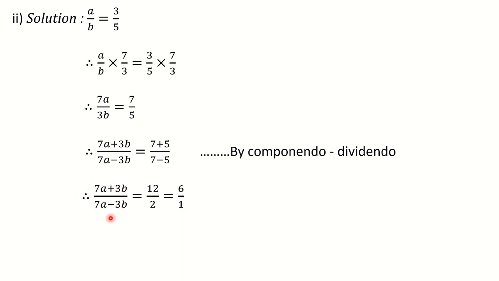But please see the question. Here it is exactly inverse. So we have to add one more extra step. That is what I was telling, that in question number 1 you have ratios of this type, but in question number 2 they are inverted. So to get the required ratio you have to do one more step, that is by invertendo, inverse it. So we got the required ratio, 7a minus 3b upon 7a plus 3b is equal to 1 upon 6. Copy it down, try to understand and write every step.